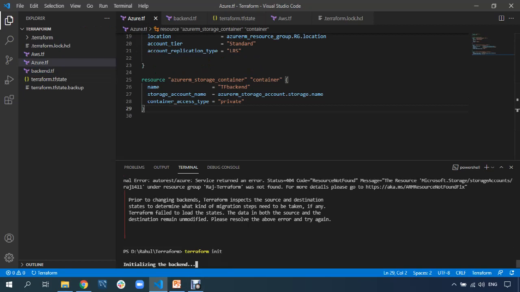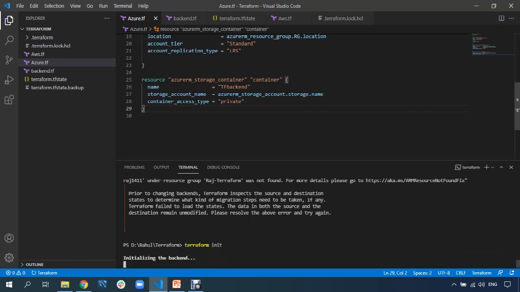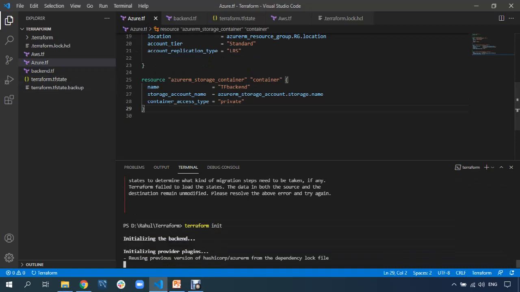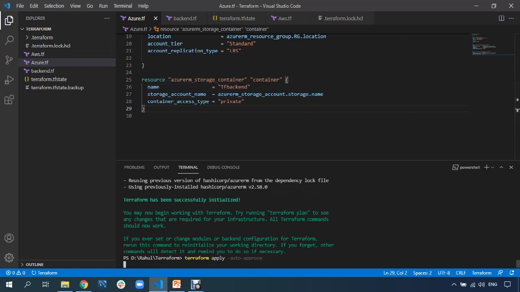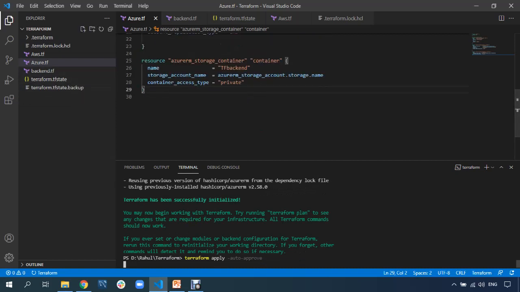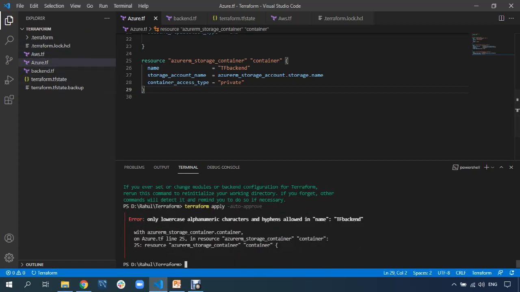So first do the Terraform init, let it be in your machine, and then create this storage account. Once this storage account is created, we'll move this Terraform state file to the backend.